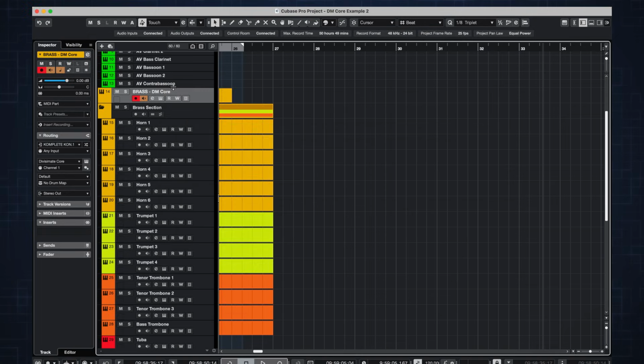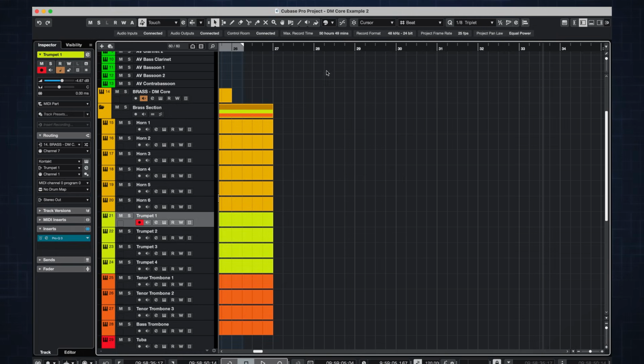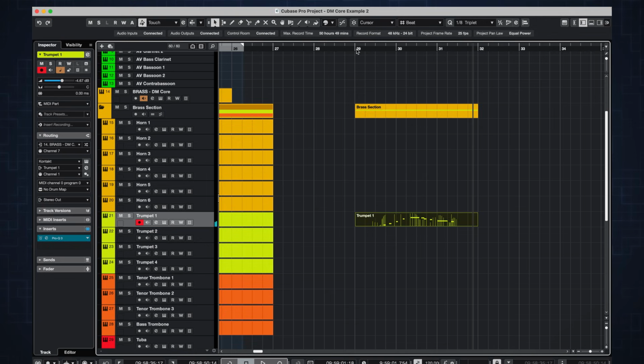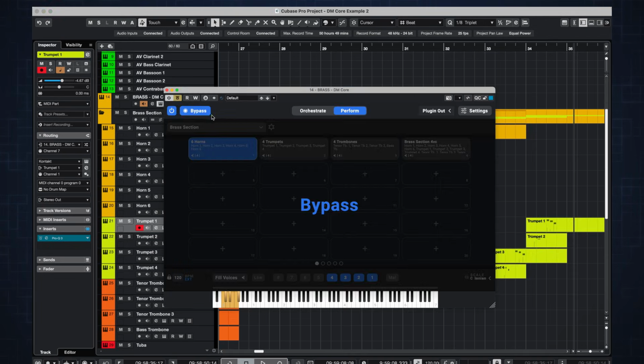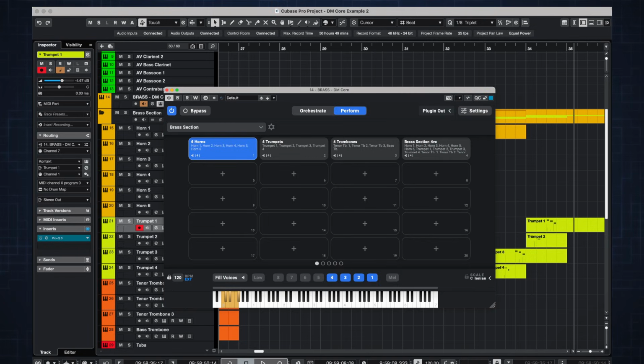Speaking of, the bypass function is the solution for when you want to play each instrument individually. When it is activated, Divisimate Core will send through all incoming MIDI on all channels unchanged. This way you can keep Divisimate Core record or monitoring enabled and record enable your single instrument, and you can just record the track as if Divisimate Core wasn't even there. The power button, on the other hand, just blocks all MIDI going through Divisimate Core. This is useful in some situations with specific routings, and it also serves as a panic button when you have